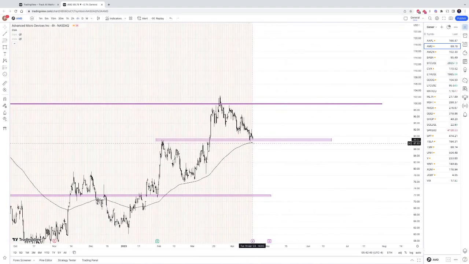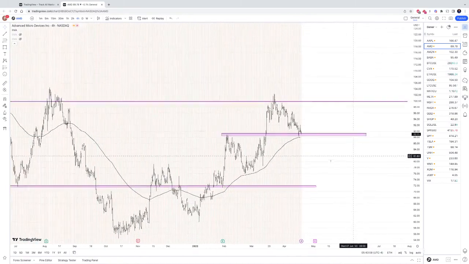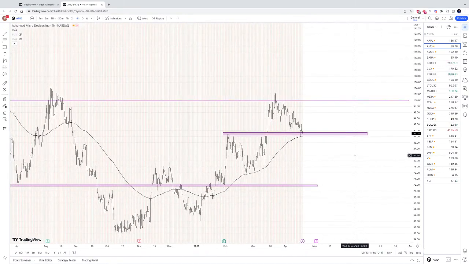So here you can see that it is coming down to the 4-hour time frame area, and this is a perfect confluence where you can say I want to go long AMD, because there's two indicators I would say that are allowing us to go long here. The 200-day moving average on a 4-hour time frame, and also this level of interest. So yeah, I think that was it for AMD,